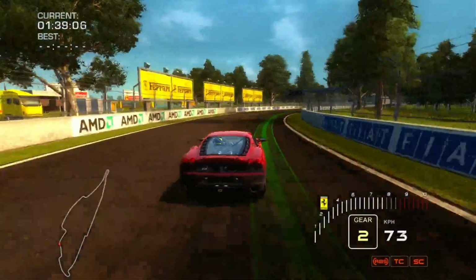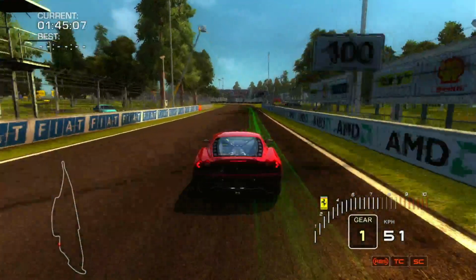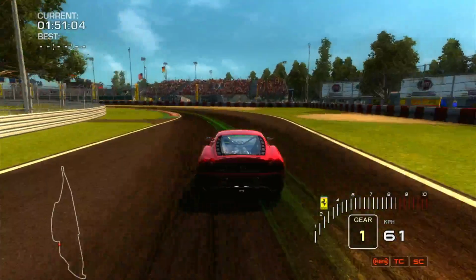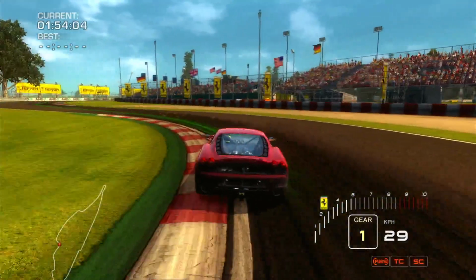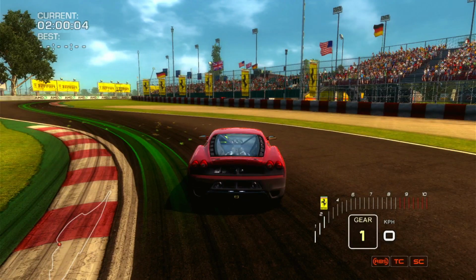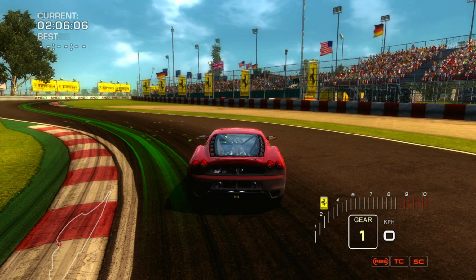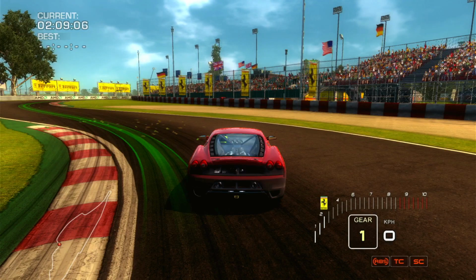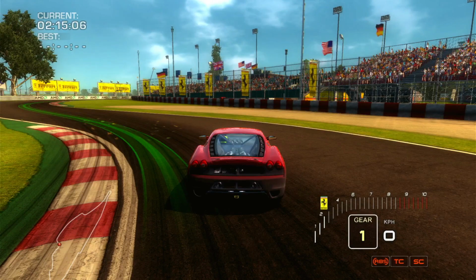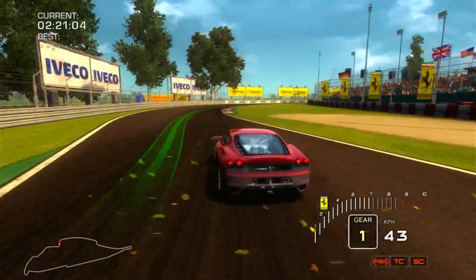As we come around this corner, I'm expecting to start seeing another island soon. I also want to point out this scene here. I noticed this when I was racing. This is a course set in Canada, set in Quebec. Canada has the famous maple leaf flag. Quebec has the Quebec national flag. I would expect to see either of them flying here rather than several American, German, and UK flags. I don't think there's a single Canadian flag